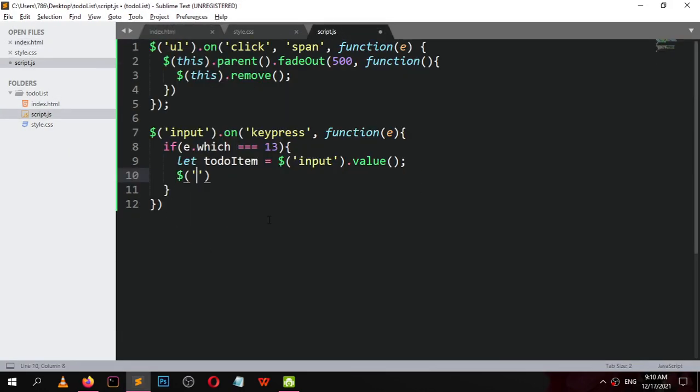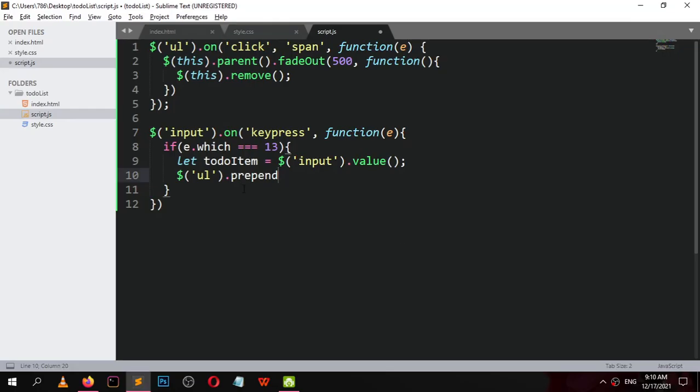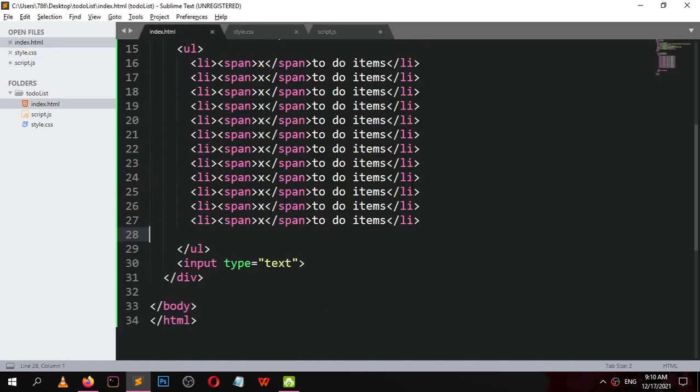Select the ul and prepend. We are going to prepend, not append. Prepend will add this element to the top of the list, not the bottom. What we are going to prepend is this element.